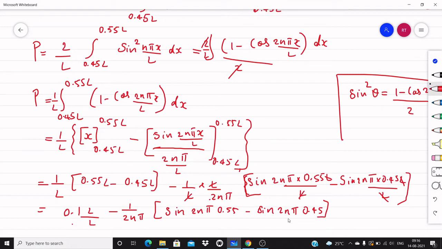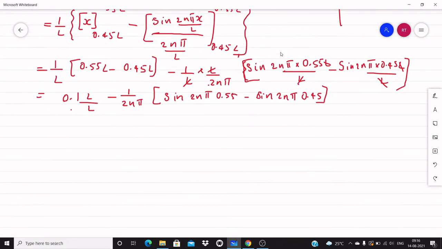Now at this stage you can give the value of n so that you can have probability of